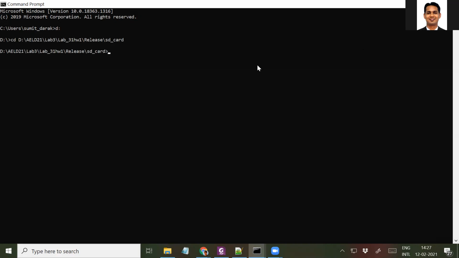So let's go to the SD card folder, and then by using the pscp command, I'm going to copy the boot.bin, Linux image file and my ELF file to the board with the IP address of 192.168.112.148 and the MNT directory.